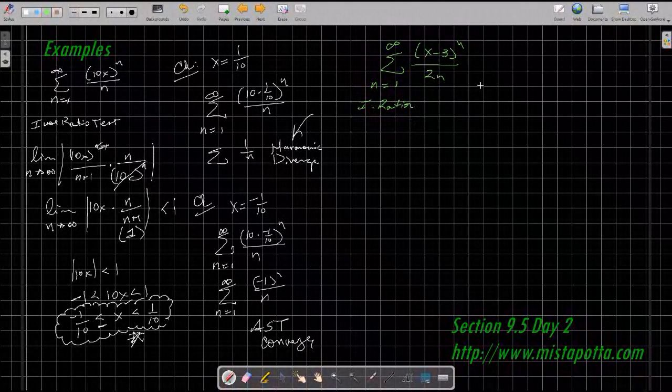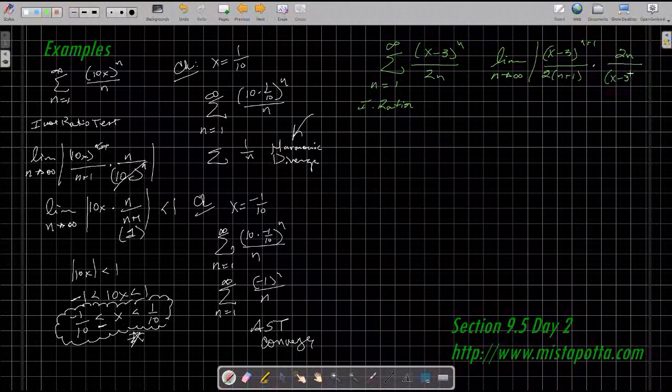And when I'm looking for the ratio test, I'm looking for the limit as n approaches infinity of substituting n plus 1 into this. So this is x minus 3 to the n plus 1 over 2 times n plus 1. And I'm dividing by my original term, which means I'm multiplying by the reciprocal,